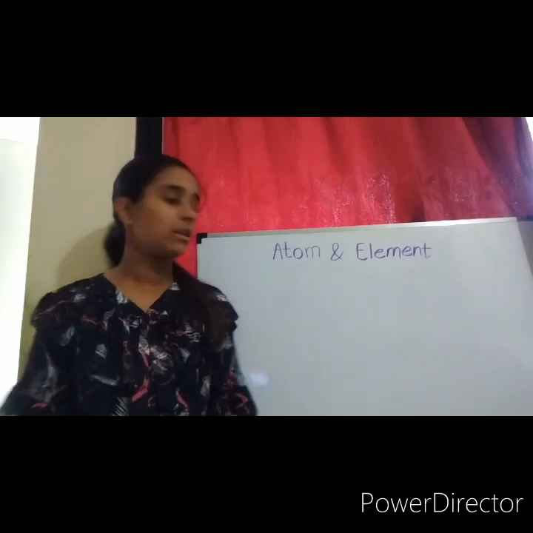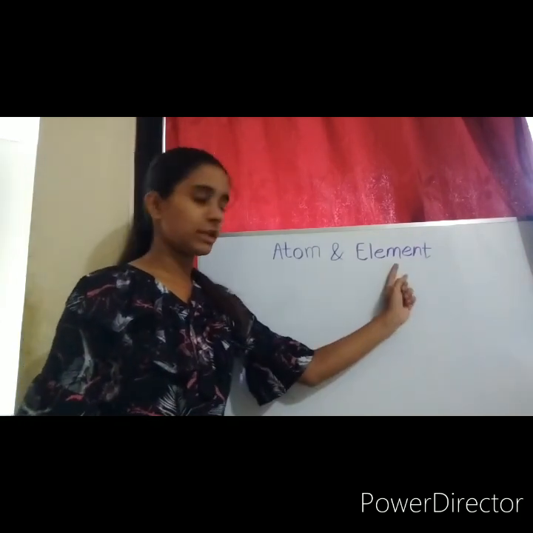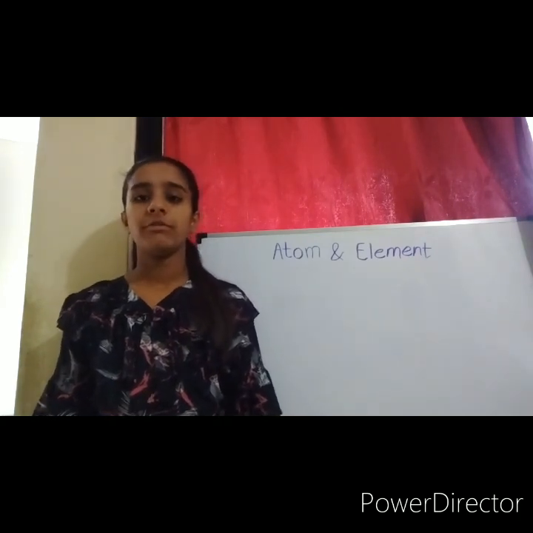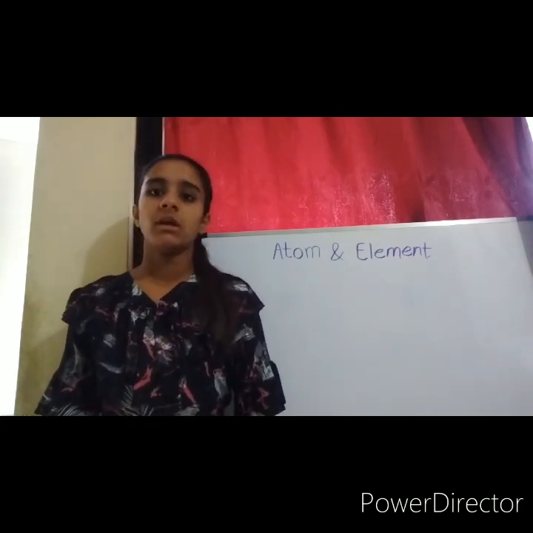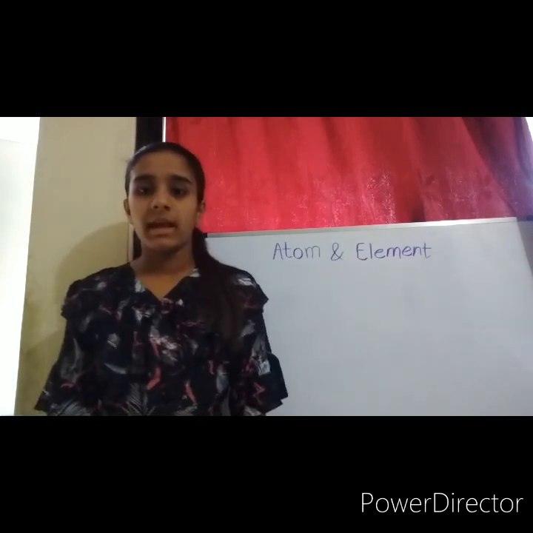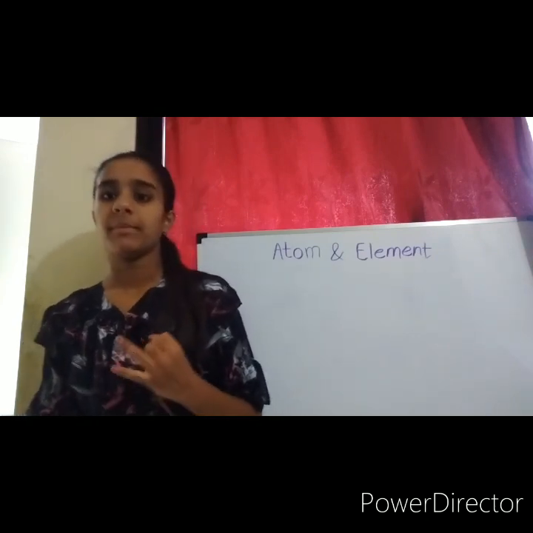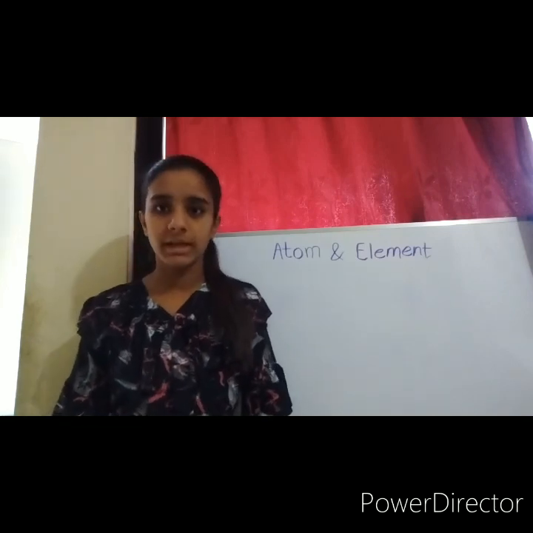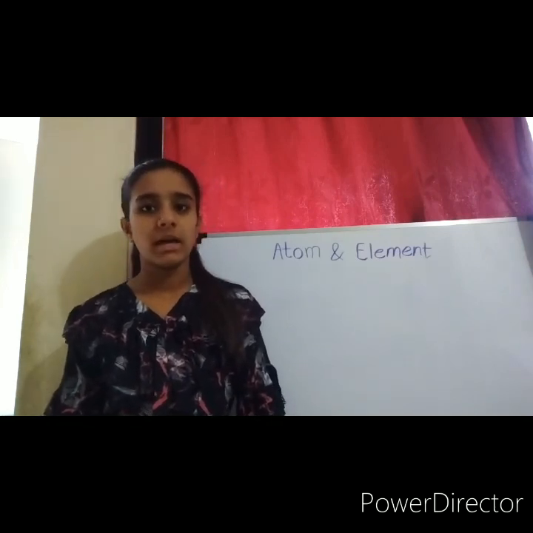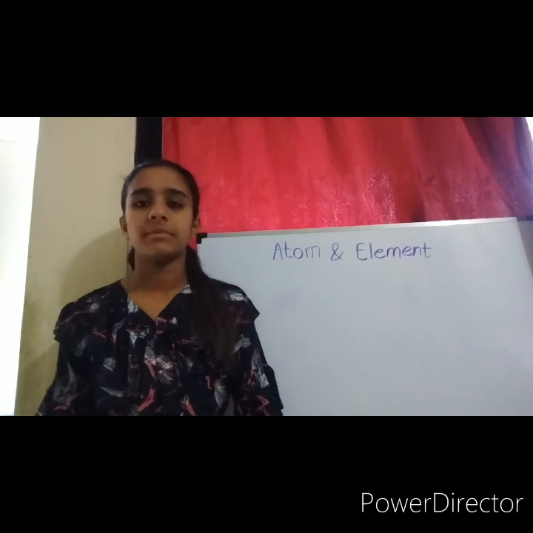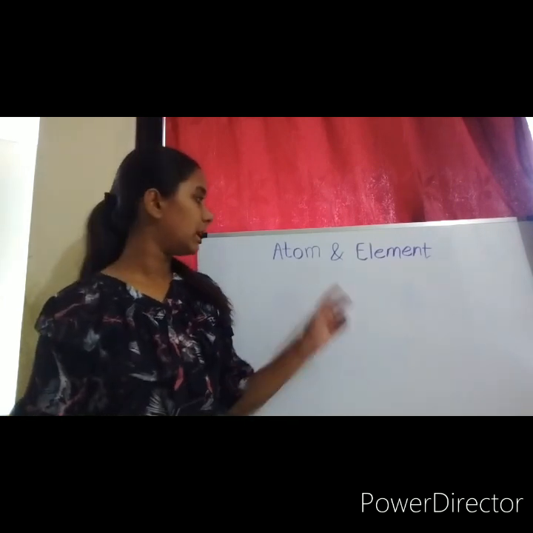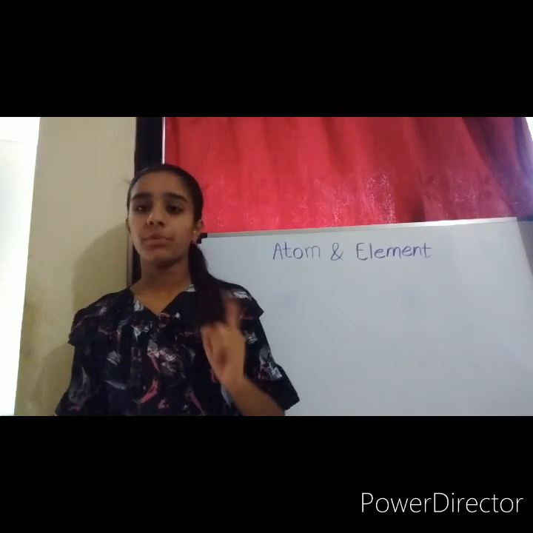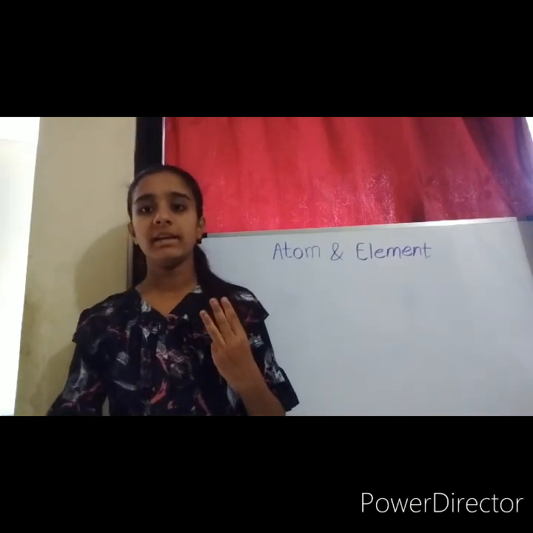Today I explain what is an atom and what is an element. An element is a small part of matter or object. There are three types of elements: non-metal elements, metal elements, and radioactive elements. Other than these three types, elements are called metalloid elements. The smallest part of an element is called an atom. An atom has three constituents: proton, neutron, and electron.